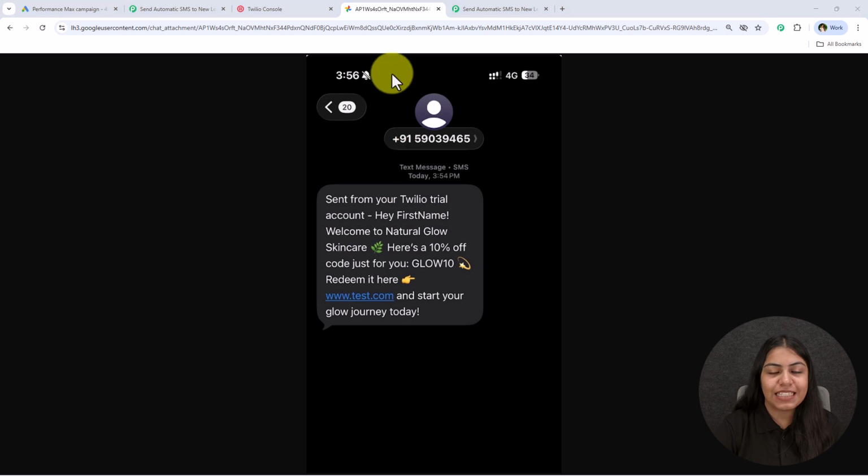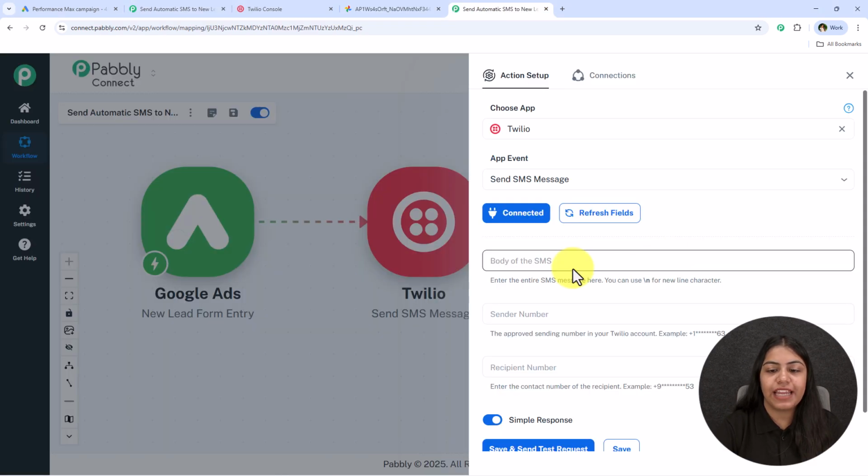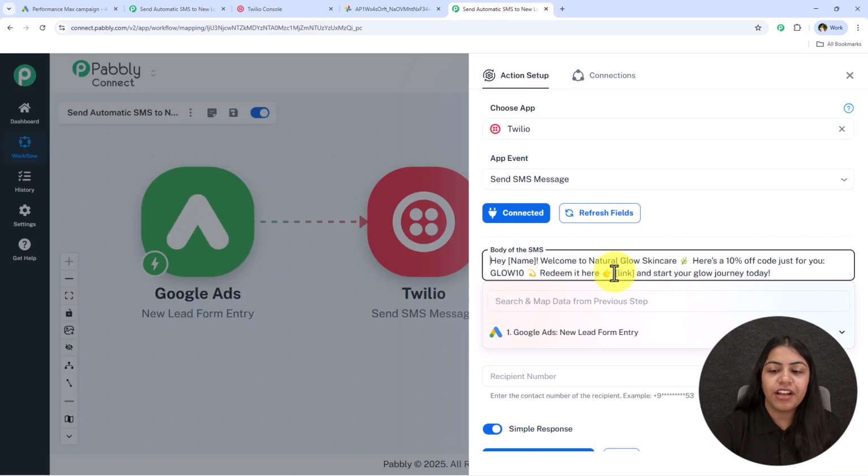So I want to send SMS something like this. So I'm just going to simply enter the same body. Now over here I'm just going to enter the link of my company and then what I'm going to do is I'm just going to enter the name of my lead. But we are not going to enter this name manually by tapping it like this, but instead we are going